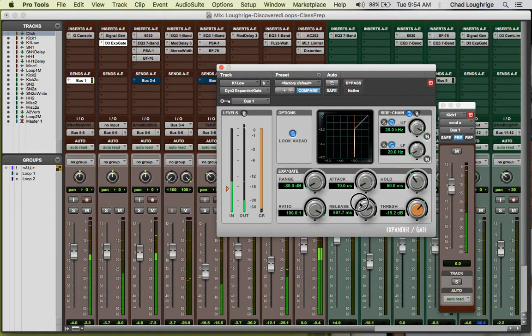Then the real fun happens when you adjust the attack, hold, and release. So if I turn the hold or release up, you hear I'm adjusting the sustain of that subsynth. So it's a really creative way to add low end, extra low end to a kick drum if you want, with that subsynth signal generator type of sound,